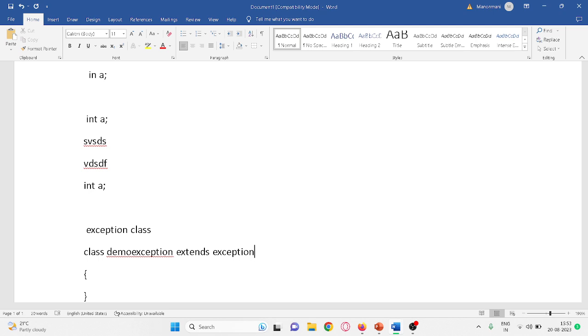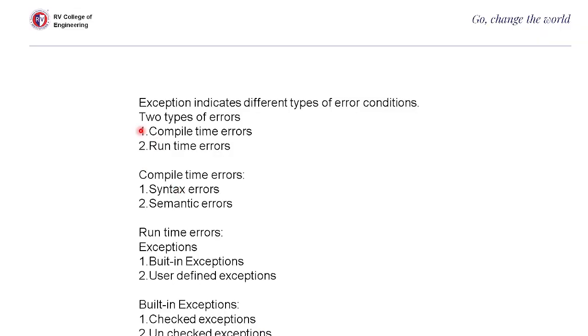So we can create our own class. This is called custom exception or user defined exception. So user can define their own exception, depending on the requirement, depending on the scenario. User can create their own exception. Okay, these are all the basic things with respect to exception. Then next one is